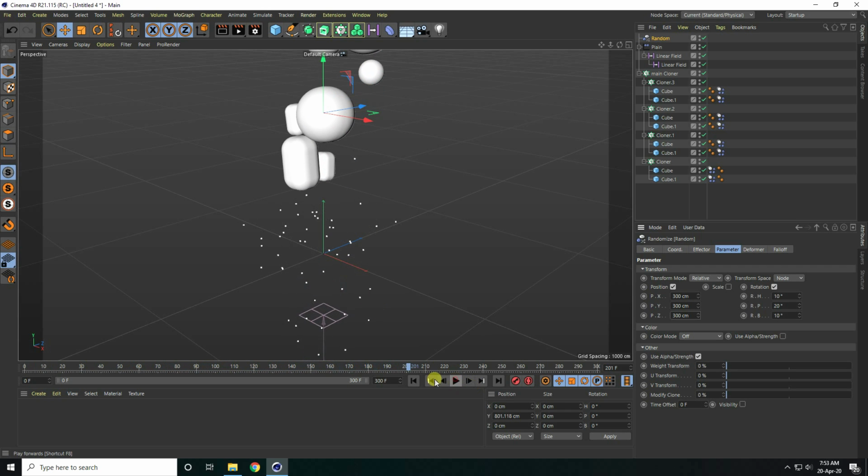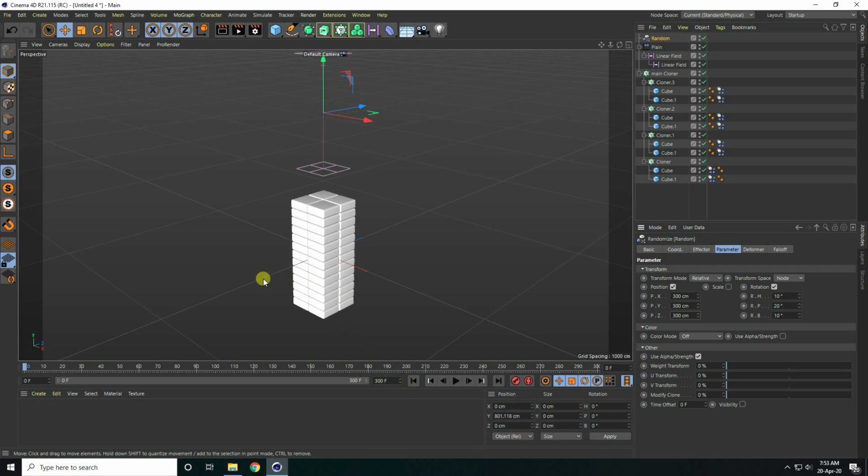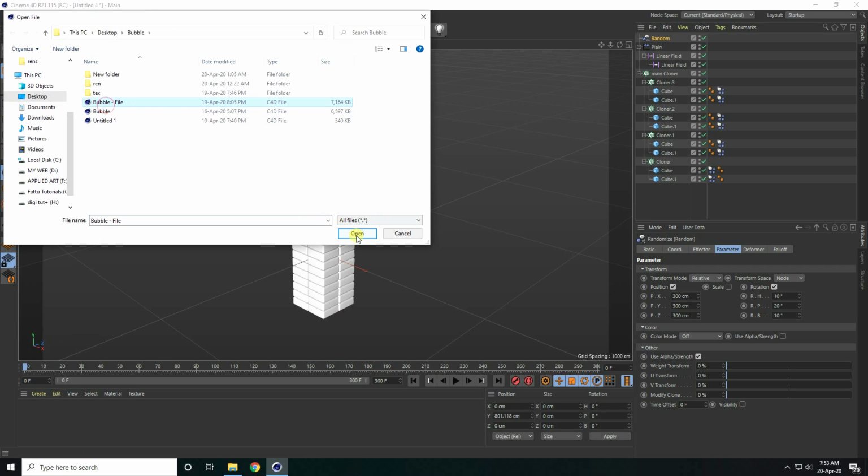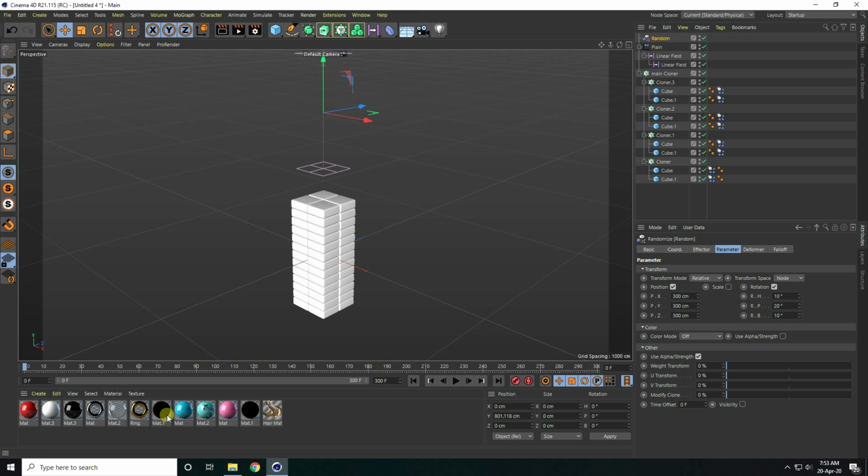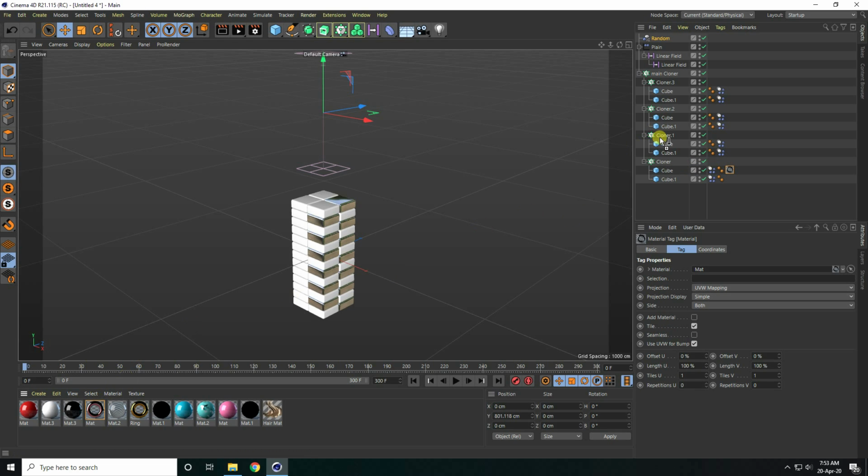Right? Okay, so guys, now I apply material. So I go to Create and load material. See guys, that's my material file. Guys, you can download it from my website, it's free. So apply to all cubes, and this one only cube, my silver material.